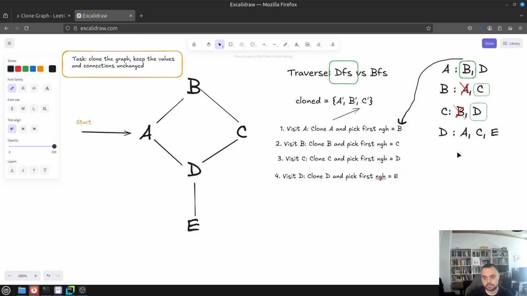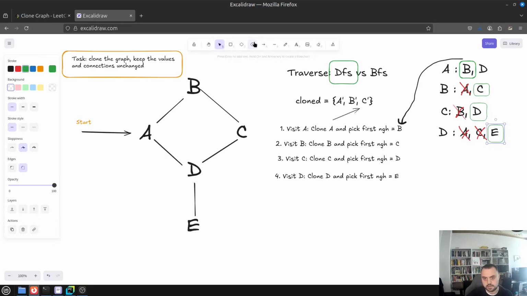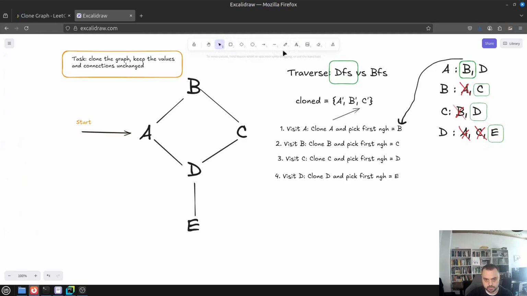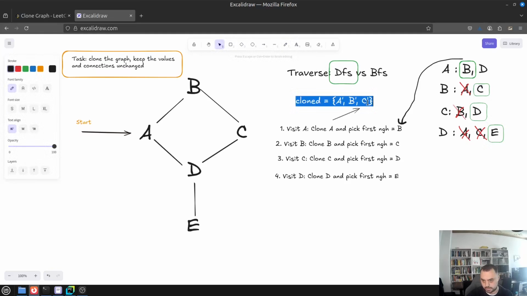that's E. In that case, we already used this, and the only one left is E. And in that case, E doesn't have any more neighbors that haven't been used. So we kind of used everything at that point. So we stop. Also, we would add D, and yeah,